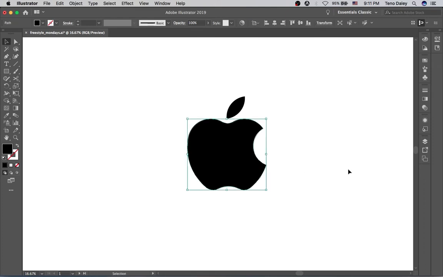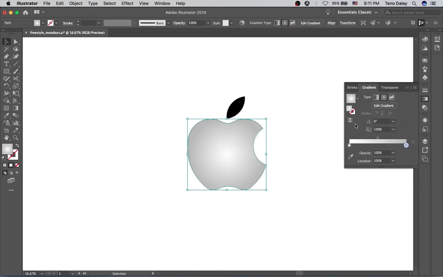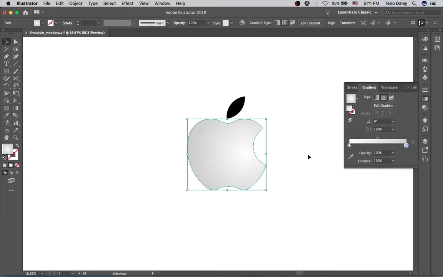Alright, so first I'm gonna change from a solid fill here to a light gray, white to gray, because we want the look of the silver. And I'm gonna increase the size here just a little bit. And then